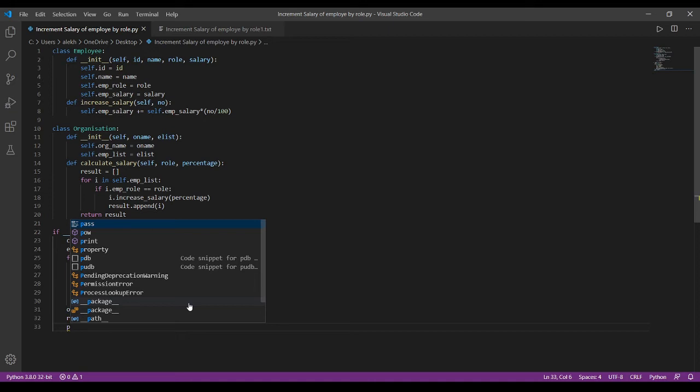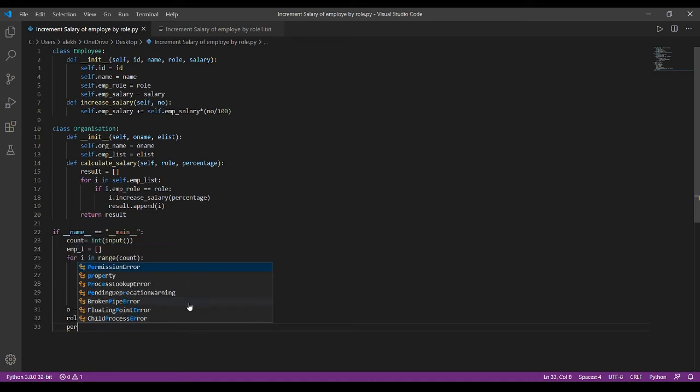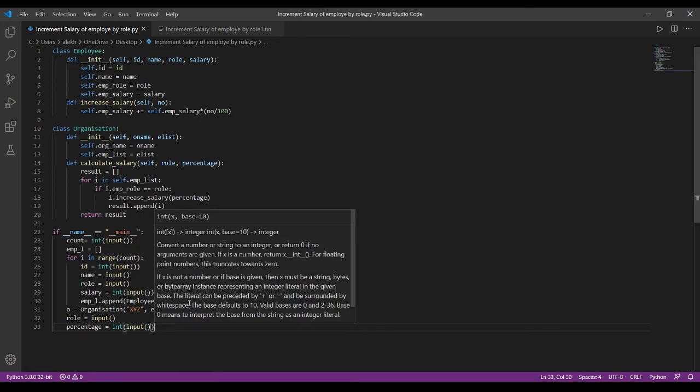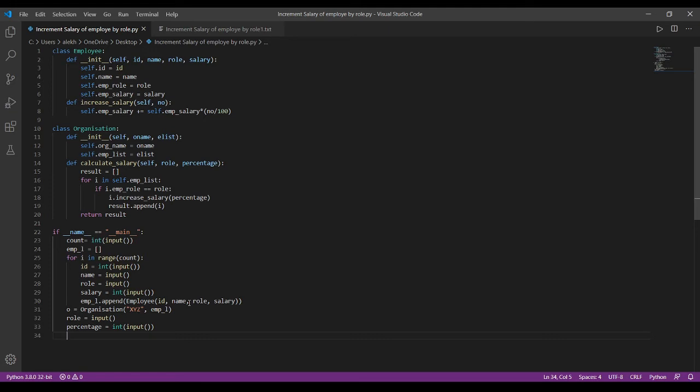And now we are inputting the percentage, and this should be converted into an integer, so we are using int of input. Next we have taken the percentage. Here the role indicates the particular employee to which the salary should be incremented, and the percentage by which the salary of that employee should be incremented.